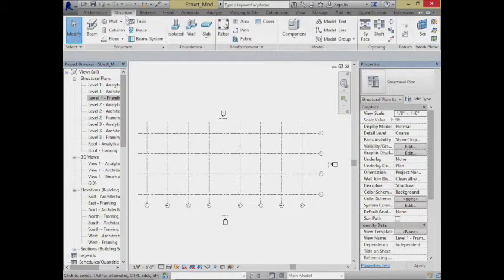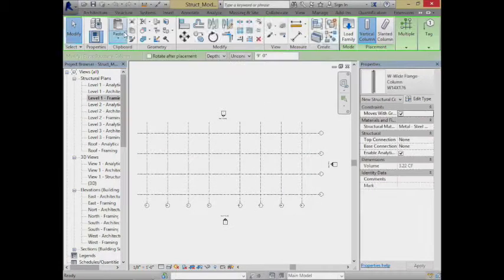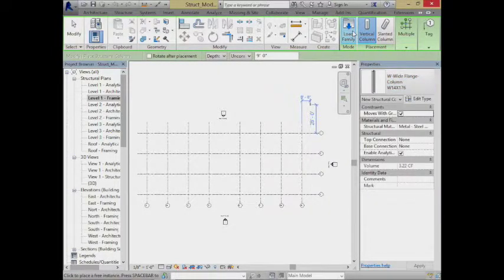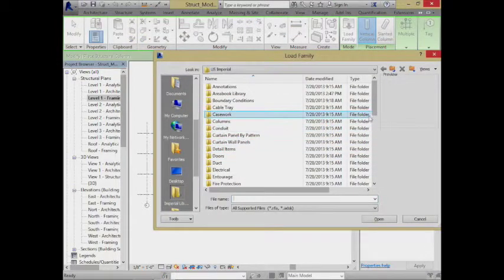and I start with the whole notion of going with the columns first, over here under the type selector in the Properties palette, you can see there are different types of columns available. There are all these big wide flange sections. There are some concrete sections there. Again, if you want to load in some different sections, you can. Out in structural columns,